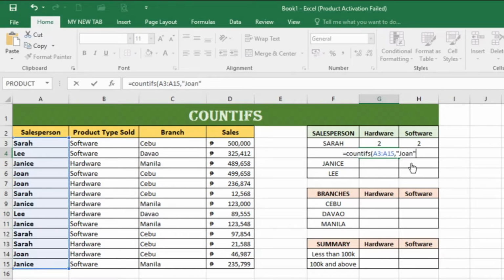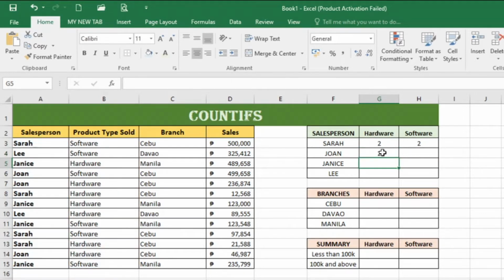Don't forget to enclose with double quote. Then comma. Then criteria range 2 will be the product type sold. So within this range, B3 to B15 range, we will be looking for the criteria hardware since we are still under the hardware column. Hardware. Then close double quote, then close parenthesis, then hit